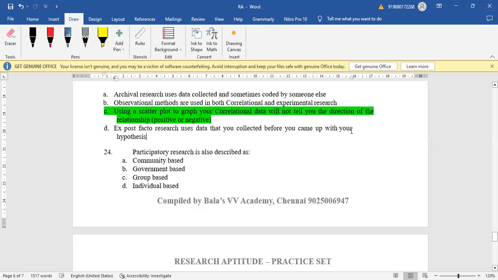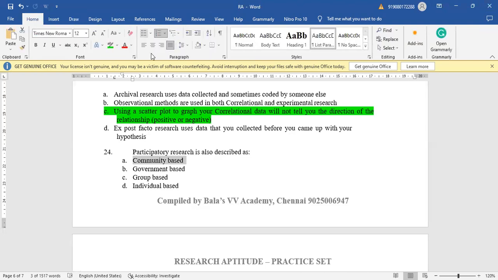Participatory research is also described as dash. Option C, group based? Community based. Very good. It is community based. Because, see, participatory research refers to